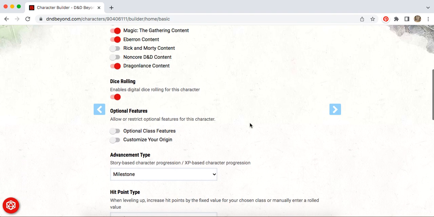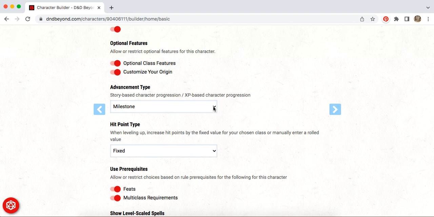Dice rolling. Let's see. Allow or restrict. I'm going to click all of this, and then you decide whether it's going to be by milestone or by experience. I usually keep it in milestone, because then I can decide whenever I want to level up the character. XP is more limited, and it's honestly a little more complicated if you're going to run it. In a lot of the campaign work, if you defeat 5 skeletons, it'll say on their stat block how much experience you get for each, and then you keep track that way. But it's just not the way that I tend to play. So that would be up to you.